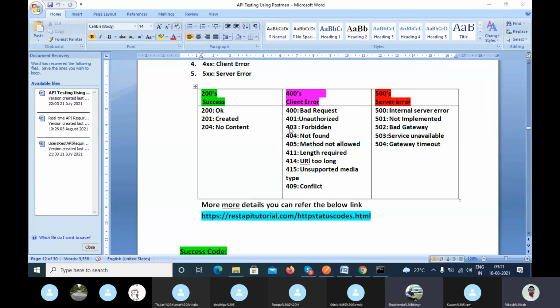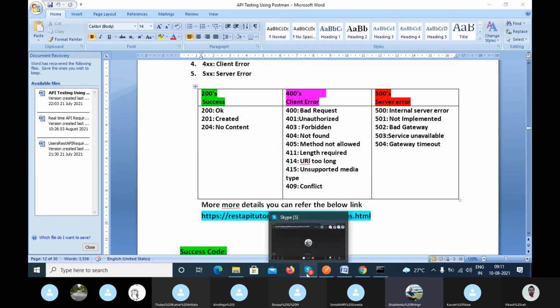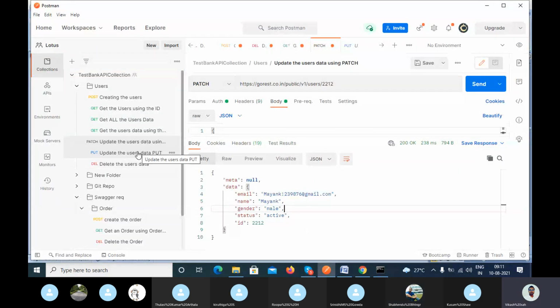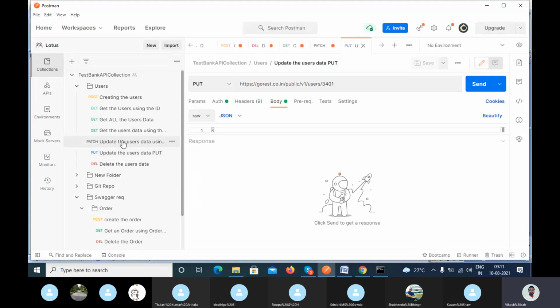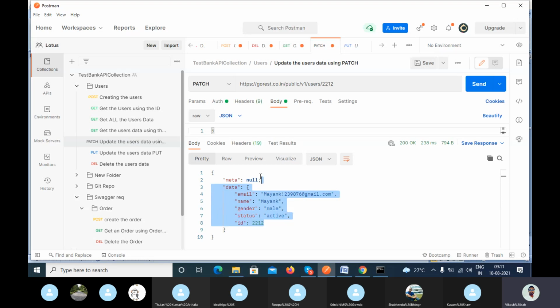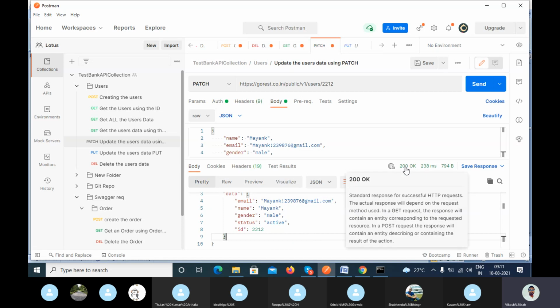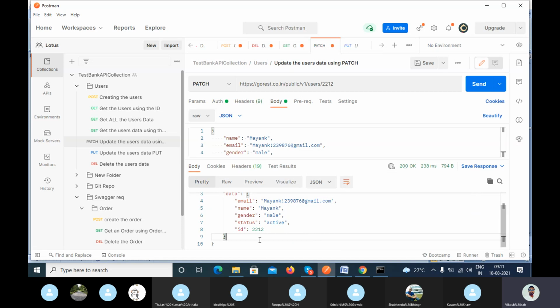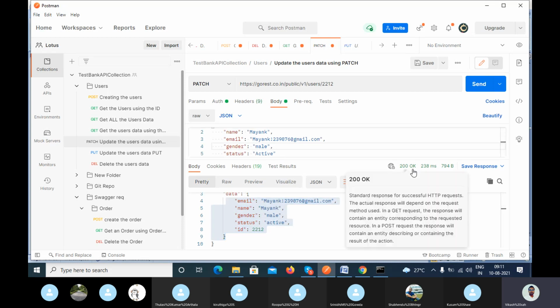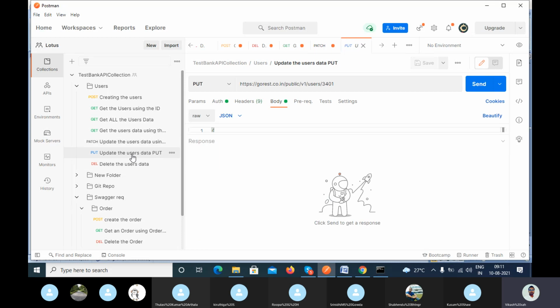Yes sir, move on. In the PUT method, can we have 204 no content? I told you, for the PUT method or PATCH method, we can have 200 or 204. When you are printing something in the response message, then it is 200. Suppose here we are printing something in the response message, and the data gets successfully updated with the keys and values and displayed here, so you will get 200. When the client does not print anything after updating the data, you will get 204 no content. Same for PUT also.